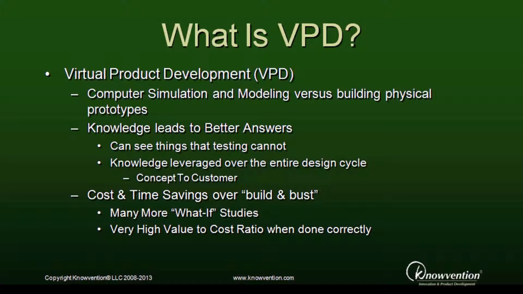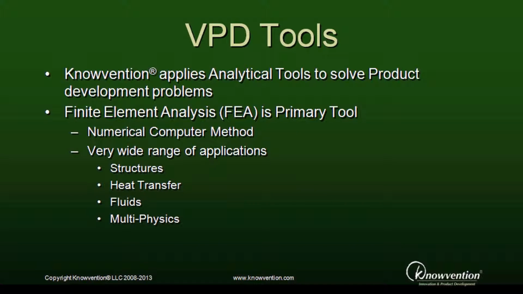There are substantial cost and time savings achieved through this process. More what-if scenarios can be studied, and very high value-to-cost ratios are achieved when done correctly. Knowvention applies analytical tools that are capable of simulating complex problems in product design. Finite element analysis, or FEA, is a primary tool. FEA can handle a wide range of applications, including structures, heat transfer, fluid flow, and multi-physics problems that combine these